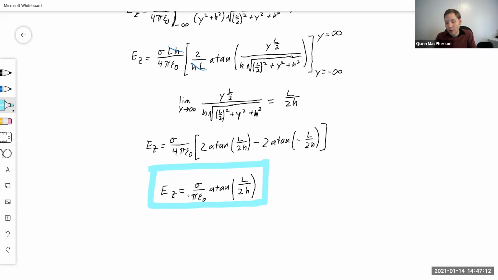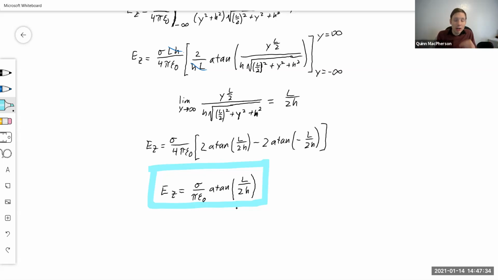That's good. If you're a long ways away, you don't get any charge. If L goes to 0, then arctan of 0 gives you 0, and E is 0, which means that if you shrink the ribbon width to 0, all the charge goes away,